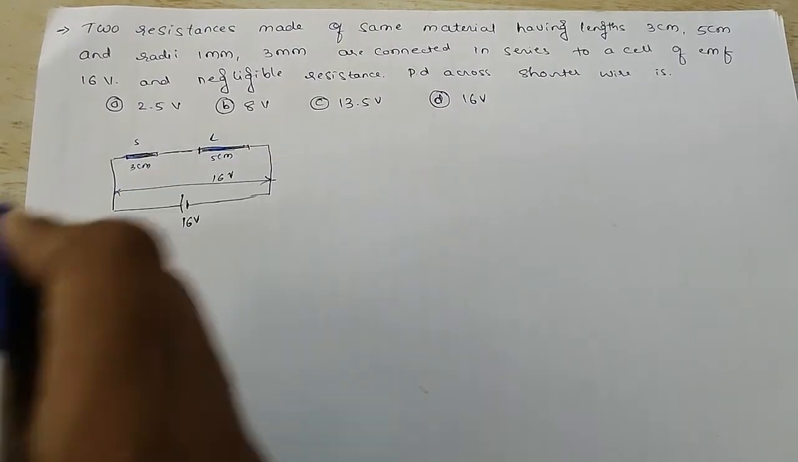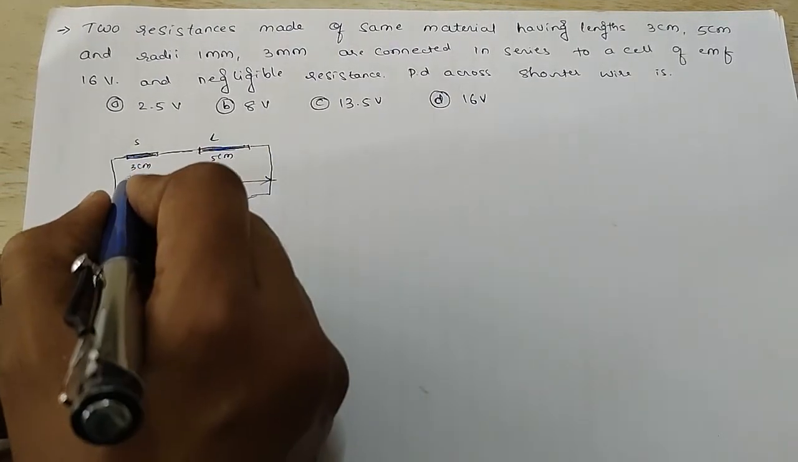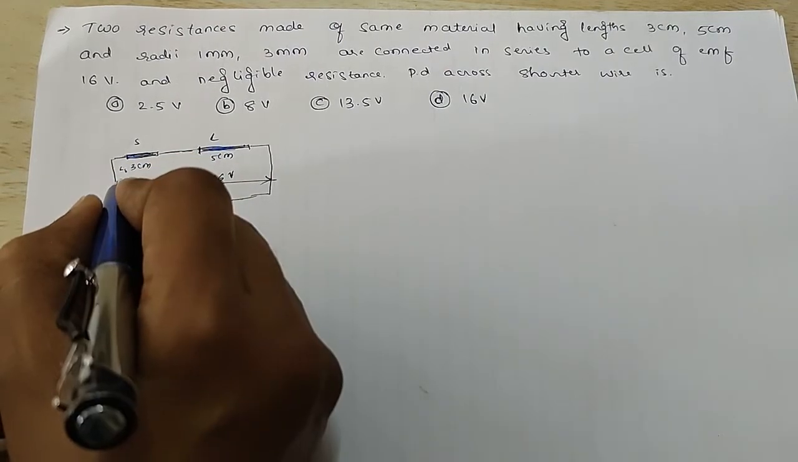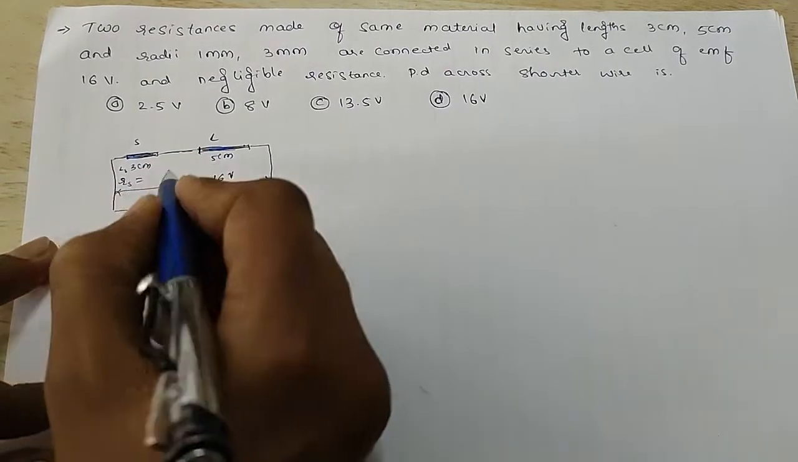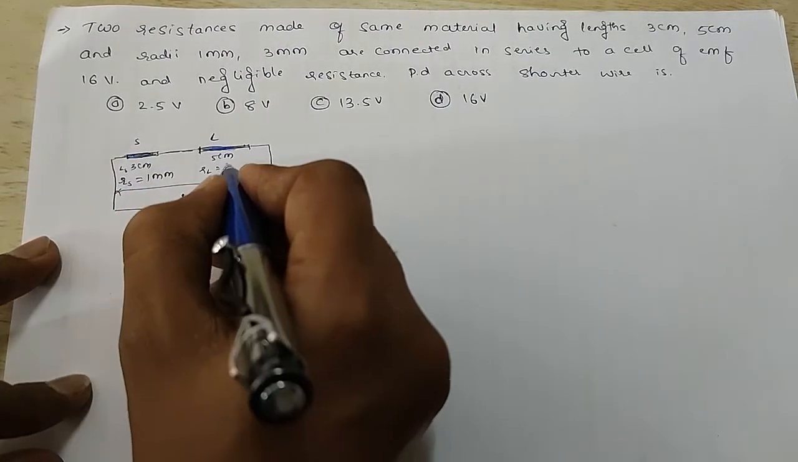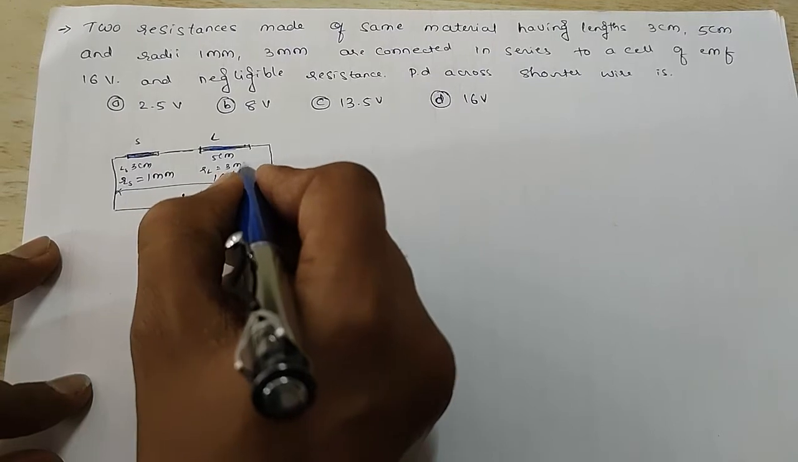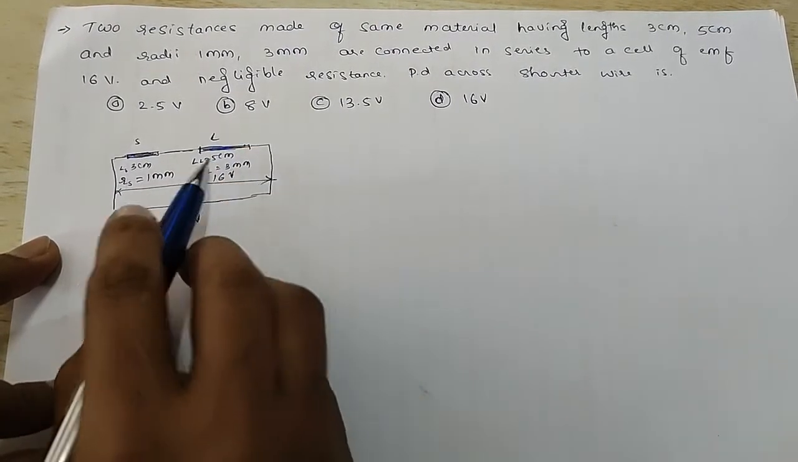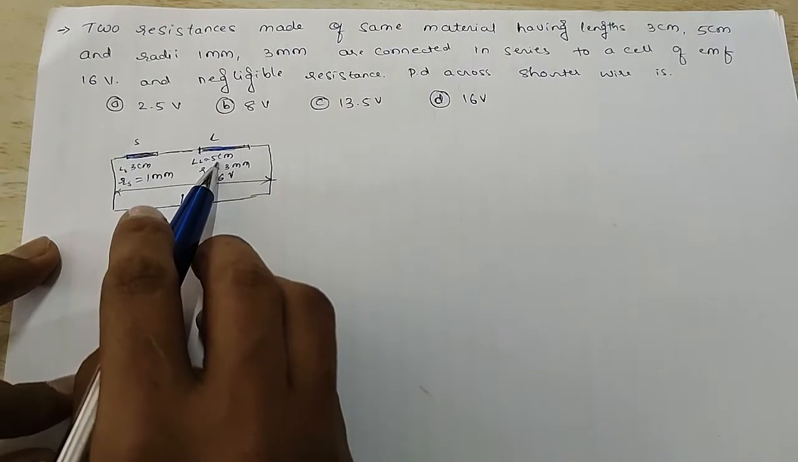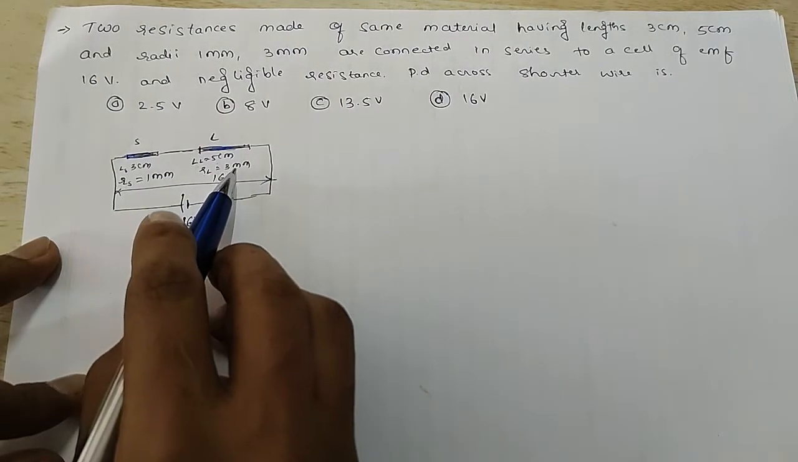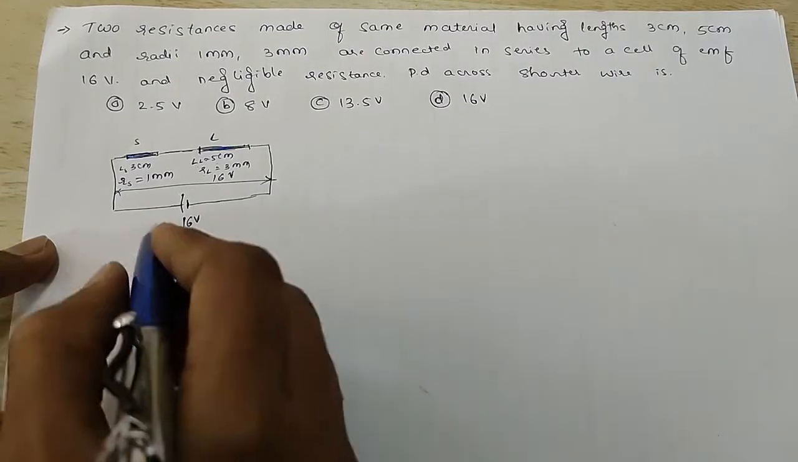The shorter wire has a length of 3 centimeter, which I am marking LS, and radius RS is equal to 1 millimeter. Similarly here RL is equal to 3 millimeter, and the length of the larger wire is 5 centimeter, radius of the larger wire is 3 millimeter. So we have